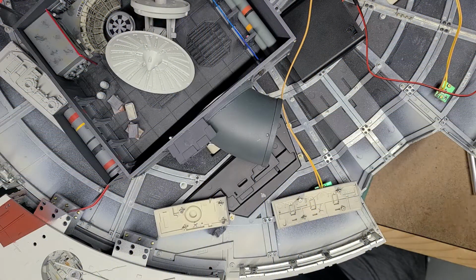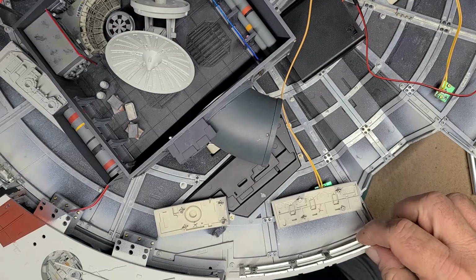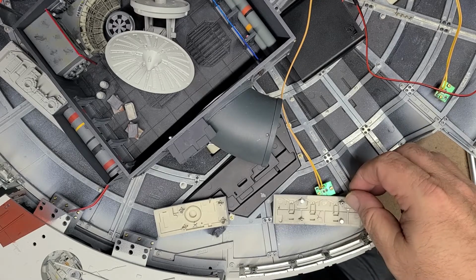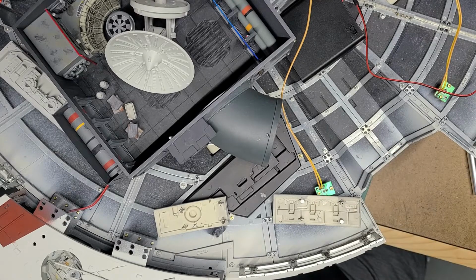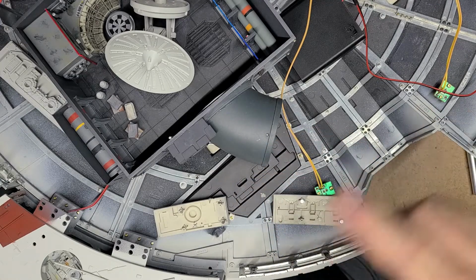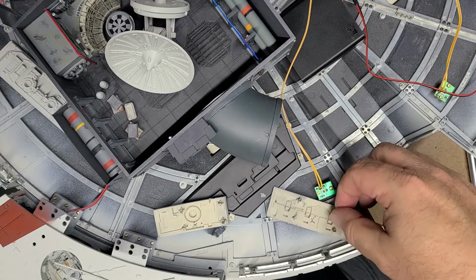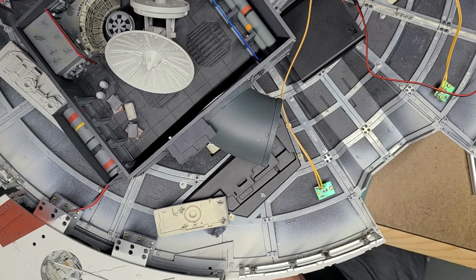Okay, so I changed gears a little bit. Instead of using magnets on the inside, I decided to cut up some washers. So I just had some little bit washers. I cut them in quarters, and I glued those in place. I decided not to record that because it took like a half hour to cut the washers up and all